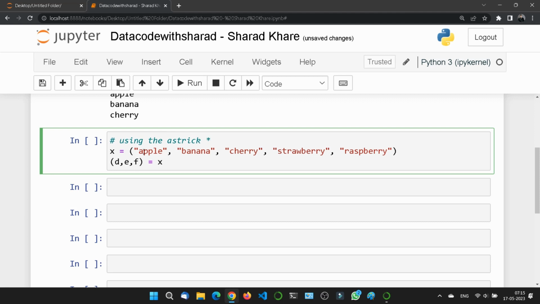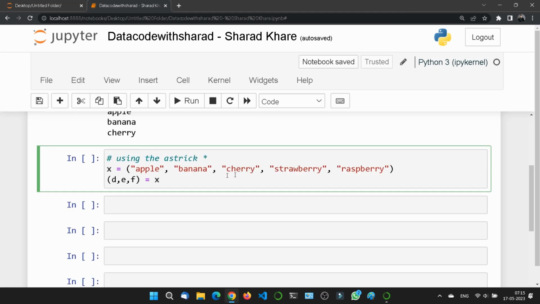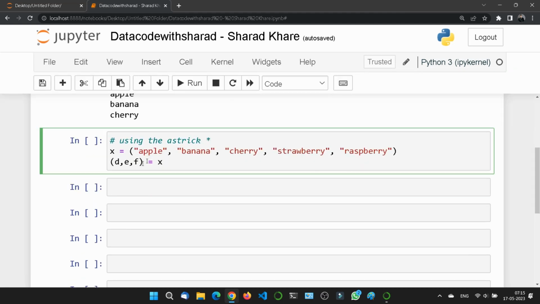The total items are 1, 2, 3, 4, 5 and the variables I am taking here are 3, but I want to complete this. So here I will use an asterisk before F.